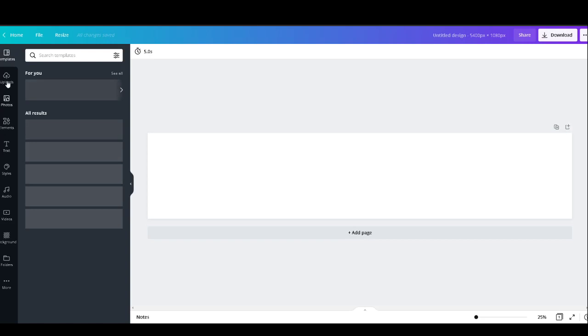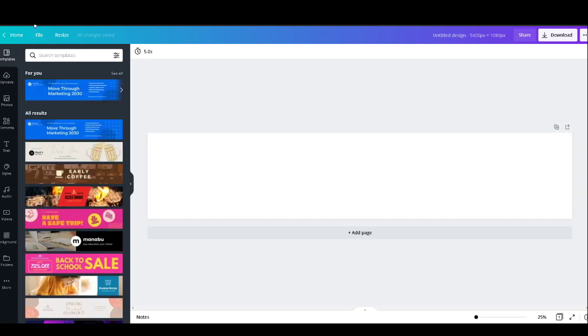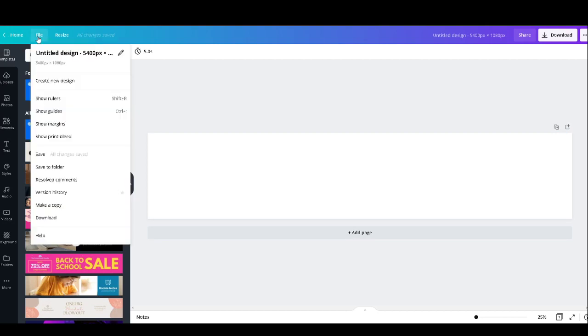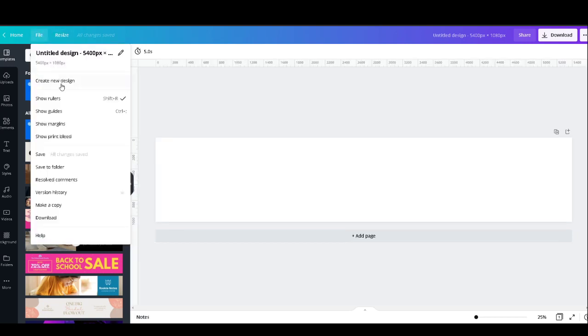So I'm going to create a new pixel design. My file is opening right now. Okay, we got a temporary page. So I'm going to File, Show ruler, or Control Shift R, and you can also select Show guide.